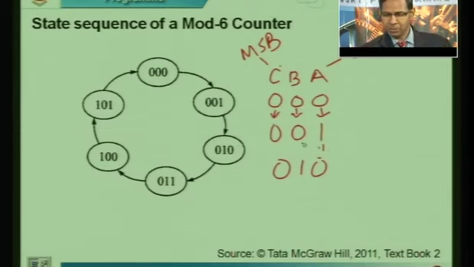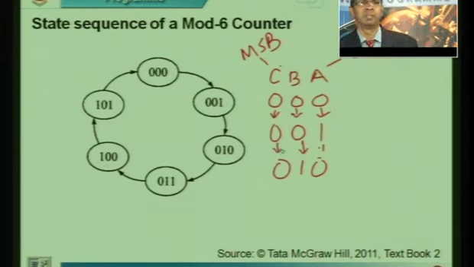What happens to flip-flop B now? Now flip-flop B is changing state. Since it is binary, it has to go from 0 to 1. So it can either be a set mode, or it can be a toggle mode. While C continues to be in the memory mode, which means it remains at what its previous output was.